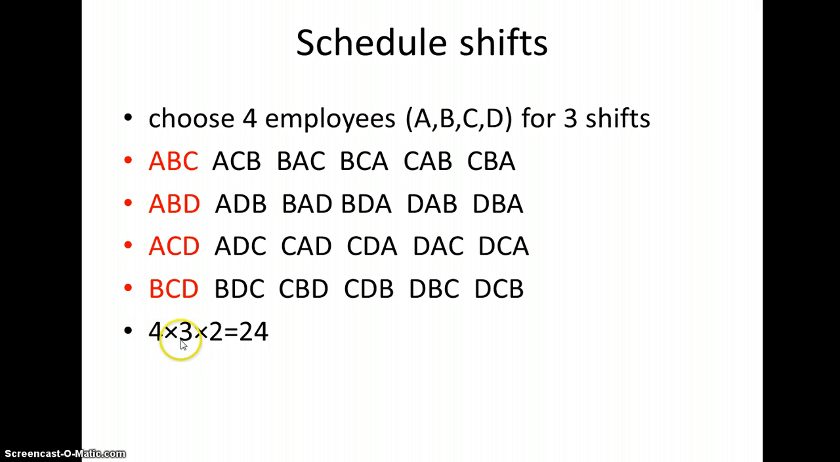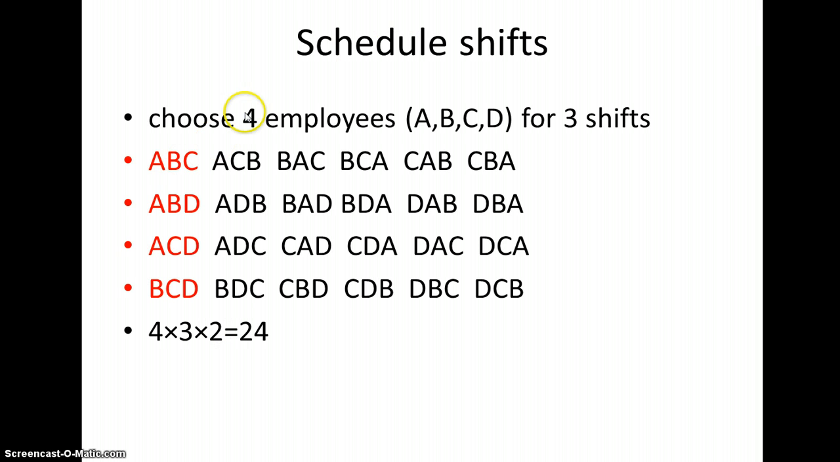And then we will choose someone for the afternoon shift. We are assuming that we have to schedule morning, afternoon, evening, 3 different people. So in the afternoon, we cannot use the person in the morning, and we only have 3 people left, so we have 3 choices. Similarly, we only have 2 people left to choose from for the